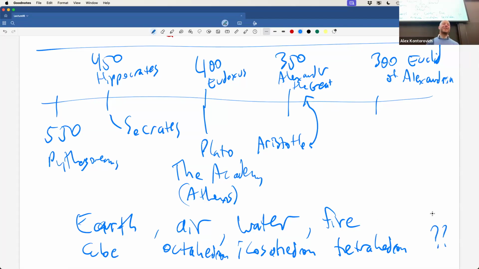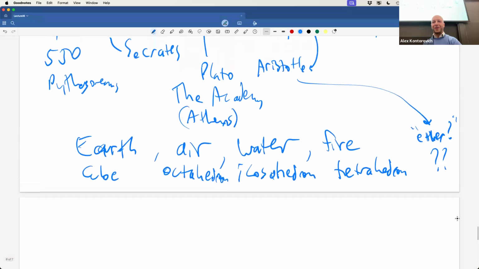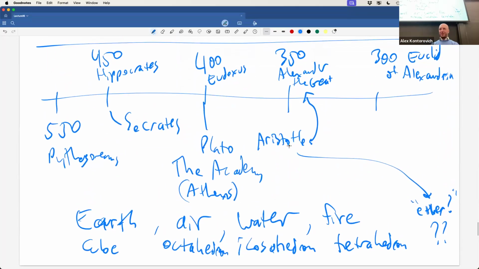Aristotle says, oh, that's ether. Aristotle proposes that maybe this is something like ether. Of course, not in the modern understanding of ether as a medium through which light was supposed to move, even though now we know light moves through a vacuum. But that's kind of what's going on there. Okay, that's the elements.